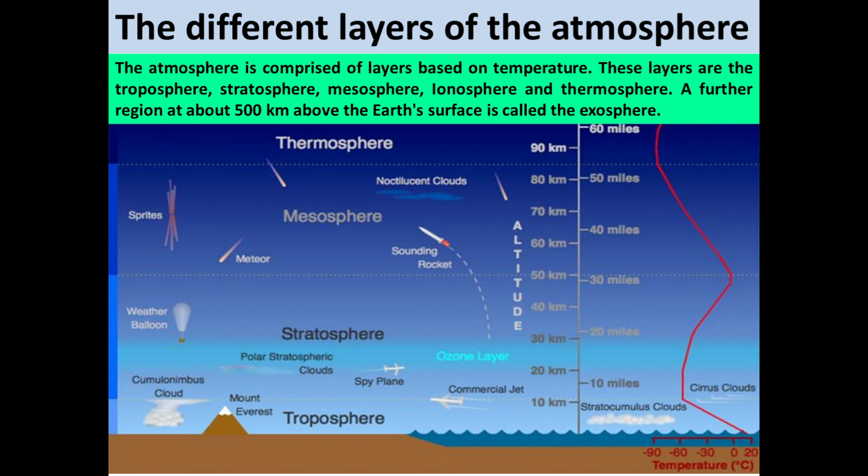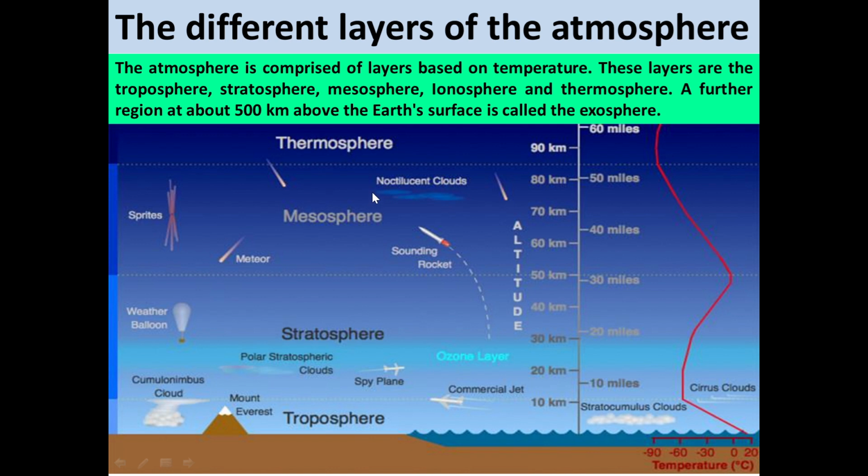The different layers of the atmosphere. The atmosphere is comprised of layers that are based on temperature, and these layers are troposphere, stratosphere, mesosphere, ionosphere and thermosphere. A further region at about 500 km above the Earth's surface is called the exosphere. So here is the picture. It is showing the troposphere, stratosphere, mesosphere and thermosphere. Beyond that, there is one sphere that is called